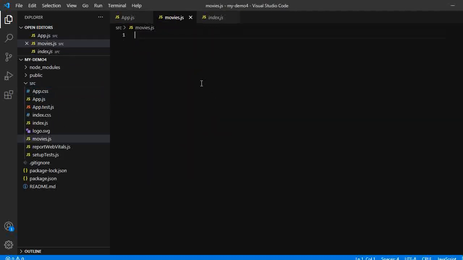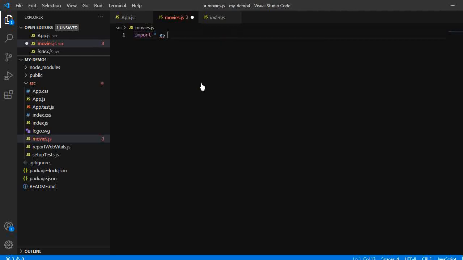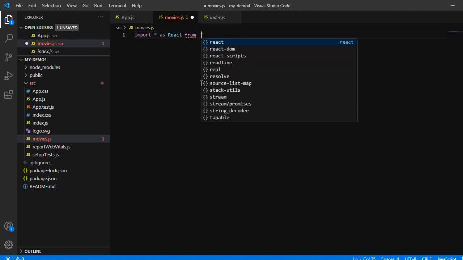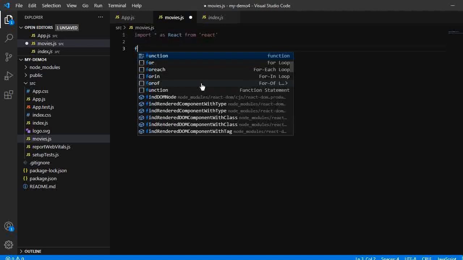First of all, I need to import the namespace: import star as React from React. Now I am creating a functional component.